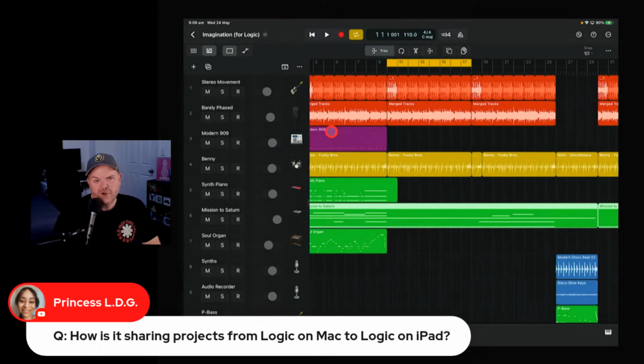How is it sharing a project from Logic Mac to Logic iPad? So you saw the way I did it before. It's the same sort of thing. Just get a Logic Mac project, put it on your iCloud drive, navigate to that folder, open the project, and then it'll open it here in Logic for iPad. Keep in mind that if you've got VSTs or Audio Unit plugins or anything that's not compatible with iOS or iPadOS, that won't come across. So you'll get similar errors there saying things are missing. It's not going to bring that stuff in there. So you might want to remove that before you bring it across to iPad. And the same the other way. Unfortunately, because we have two different sets of plugin architecture, it's not going to be exactly the same across both. And that's probably going to be the case for a while.